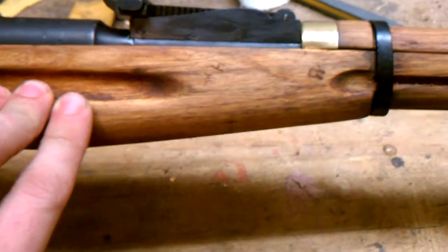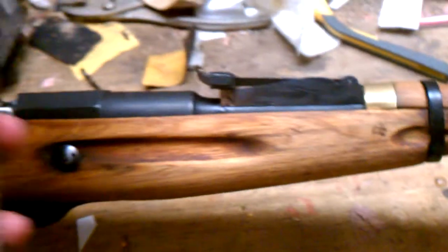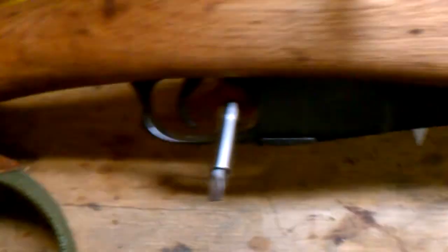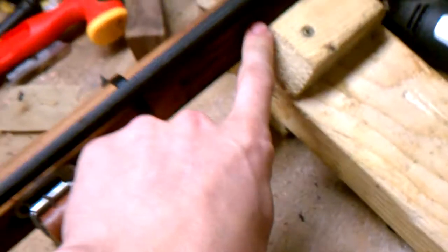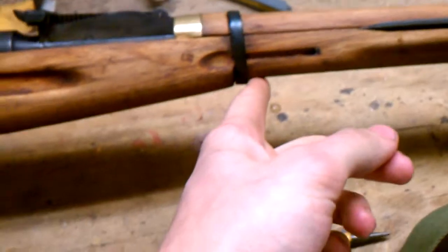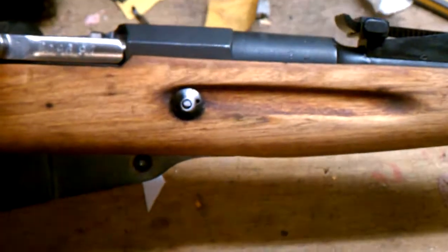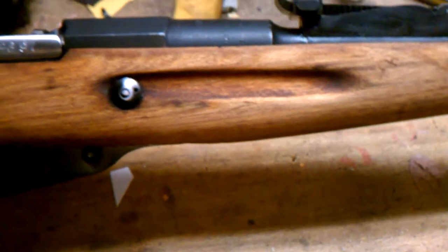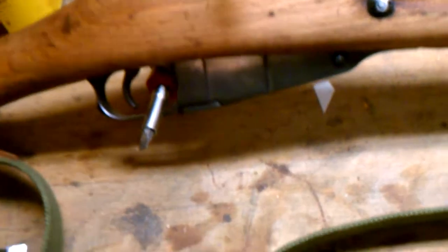Quick note, if you're having trouble getting cosmoline out, this is an awesome find, gun scrubber. Seriously, gun scrubber. If you're having heavy areas, usually it's right around the grip, and then toward the muzzle, and then right in here. Any areas that are just black with cosmoline, take a paper towel, wrap it around it, spray some on, lift it up, spray some underneath, get it soaking the wood, wrap a paper towel back around it,